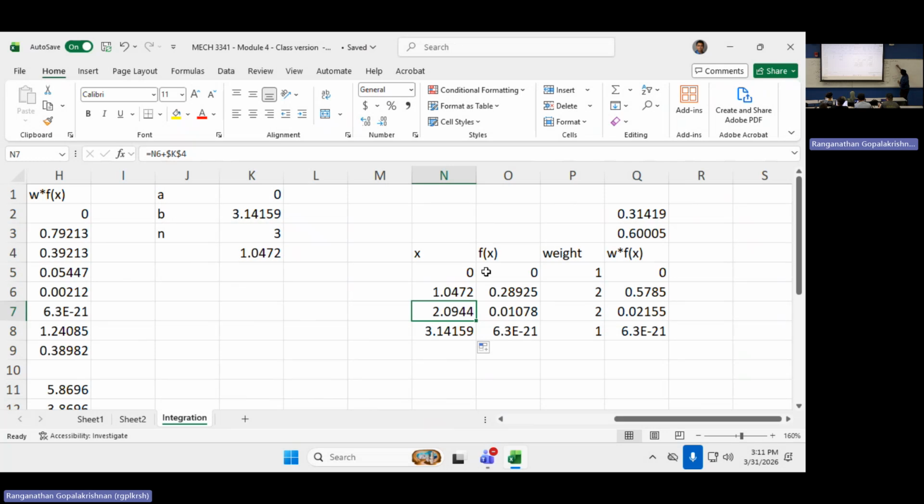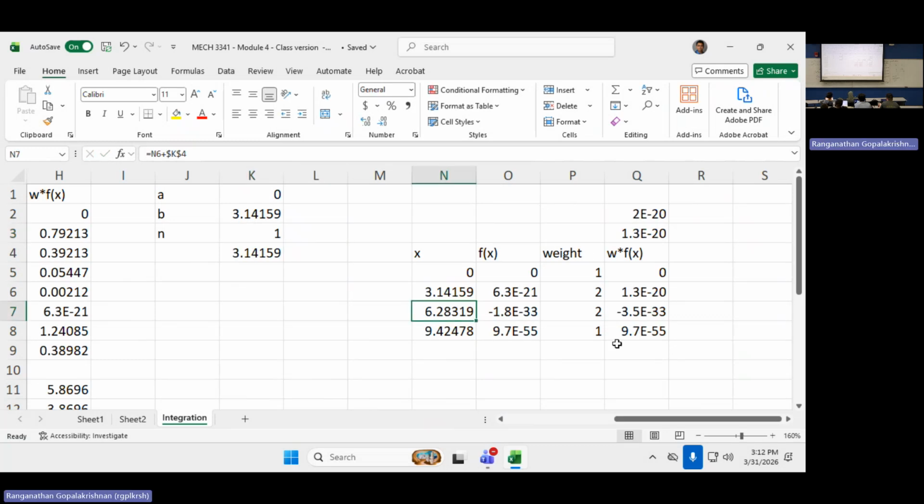number of segments used and the value of the integral that we compute. So when we did 5 segments, we got 0.38. And when we did 3 segments, we got 0.3142. What did we get when we do 5? 0.3898. Okay. And if we do only one segment, that is n equals 1,